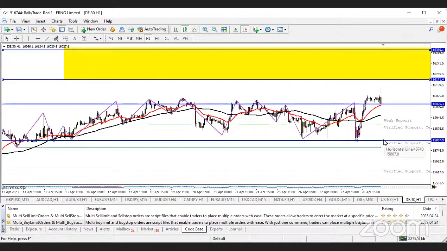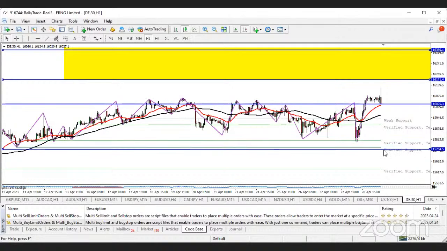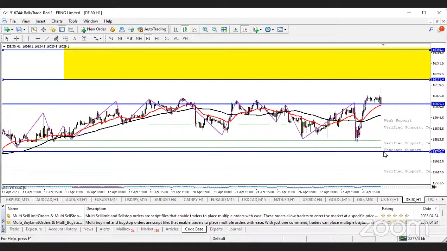Peradventure, you are looking forward to a sell, then be relaxed. Just fund your account with a reasonable amount of funds. Enter a good lot size, then you can look forward to a sell. But remember, D30 has been trading between this zone. So like I said earlier, you should be looking forward to a sell when it trades below. Break those supports, break the verified support and the untested support. Get a clear confirmation candle that it will sell. Then if it can break those points, then you can look forward to a sell to the next verified support.